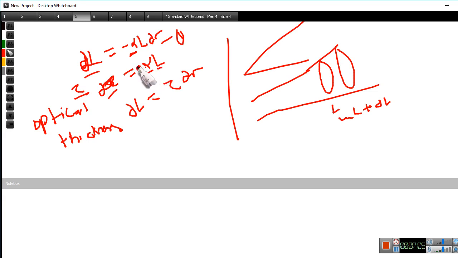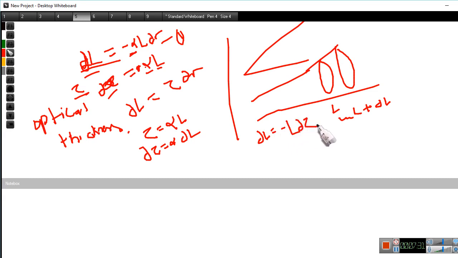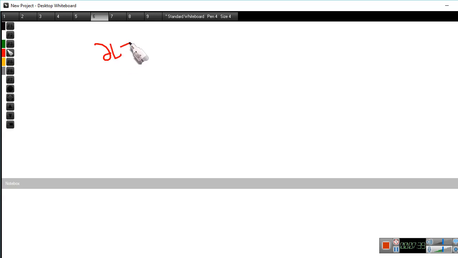Okay, no, that is not minus, that is simply t is equal to alpha L. If I take the derivative, it will be alpha dL. Now this value will be dL is equal to minus L dt. Okay, so no, sorry, my mistake. So that will be dL is equal to, the loss in luminosity is equal to minus alpha L dr, and